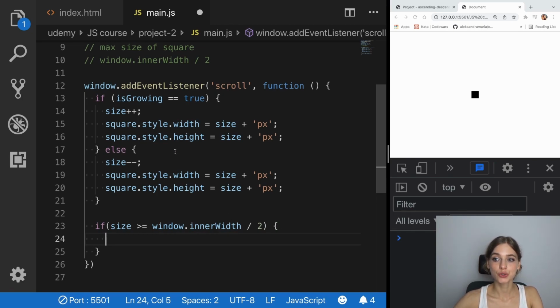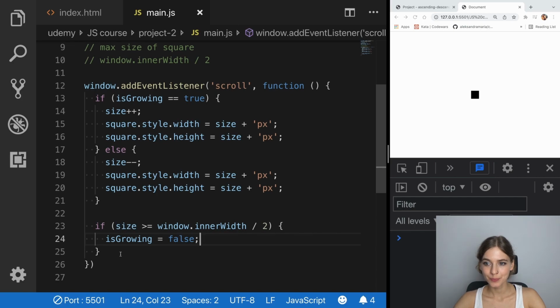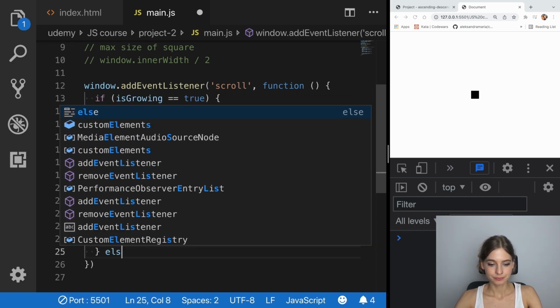So it was true for this far, and now I want it to be switched. So I want is growing to be now set to false, right? So this is going to be false now, and else